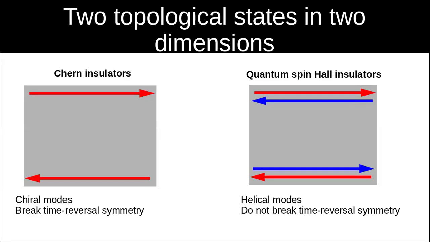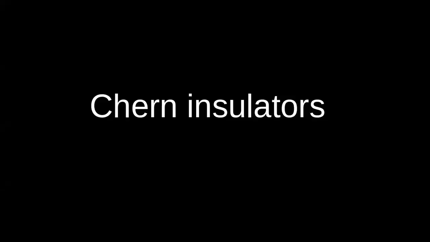You have a system that has a gap in the bulk and has gapless surface states, in particular helical states, where spin up propagates in one direction and spin down propagates in the opposite direction. And what is most important is that by having this combination, you don't break the net time reversal symmetry of the material. Okay, let us now look at Chern insulators and see how we can actually get that Hall conductivity